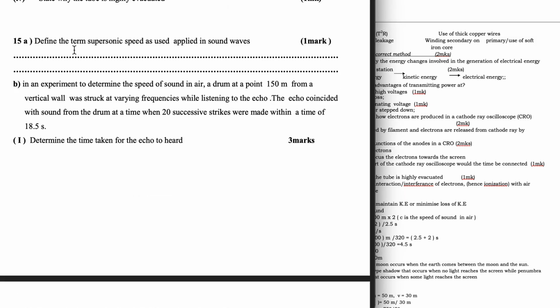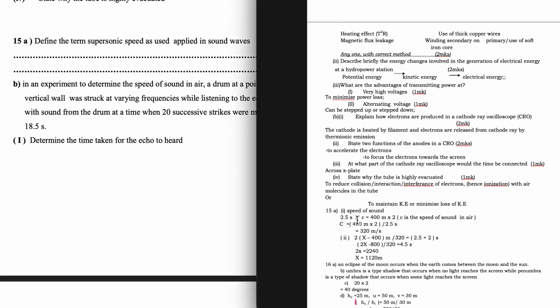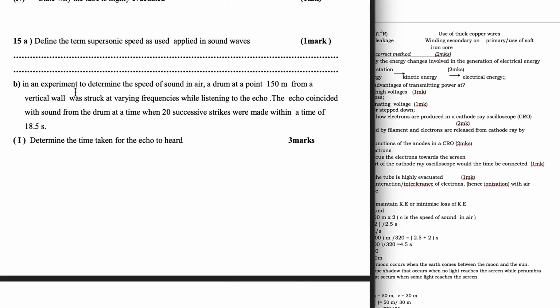Question 15a. Define the term supersonic speed as used in sound waves. Speed of sound. In an experiment to determine the speed of sound in air, a drum at a point 150 meters from a vertical wall was struck at varying frequencies while listening to the echo. The echo coincided